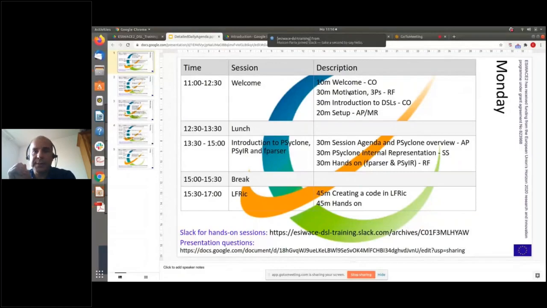Then there will be 20 minutes of setup for the hands-on exercises. The whole week has been set up so that half of the training is theory, in a set of slides, and the other half is where participants are supposed to code and do exercises. At the very beginning, in these 20 minutes, we will see how we are going to work through these hands-on exercises and what tools you will need to start working with the